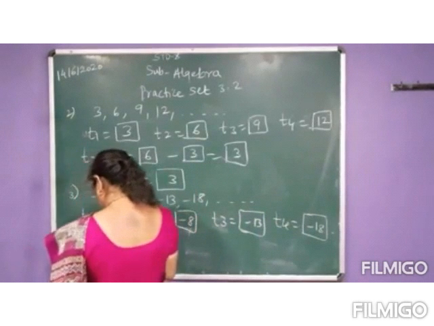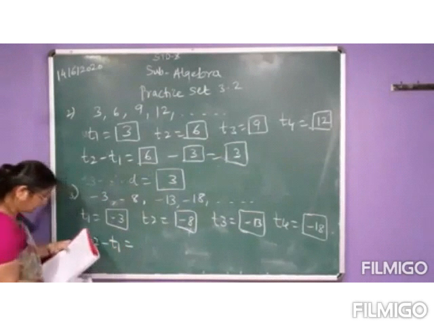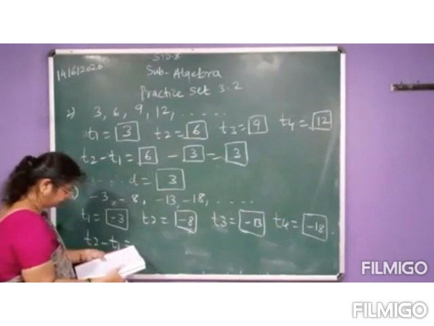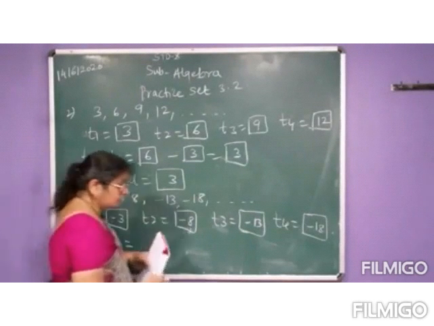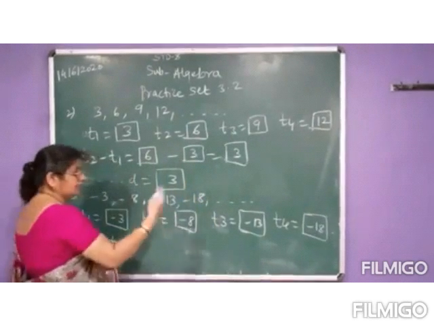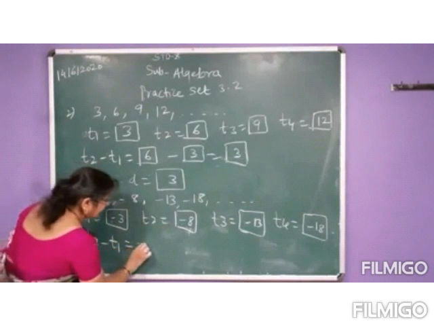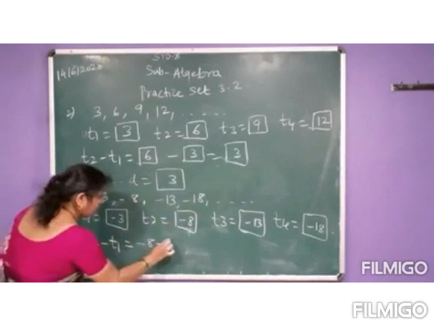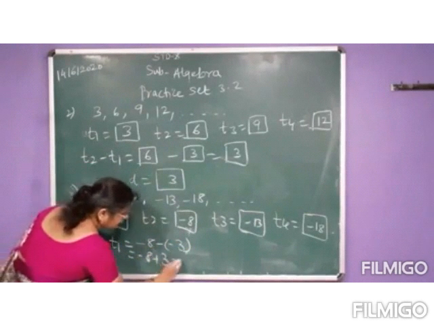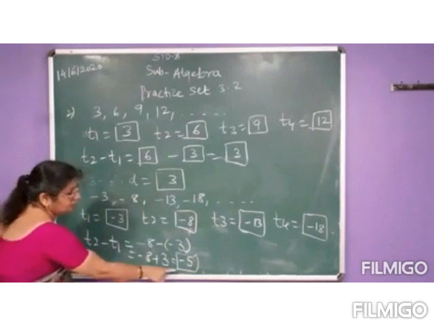What we have to find out is T2 minus T1. Now see here, directly they have asked the answer. Okay, so you can solve it. Now T2 minus T1, that means minus 8 minus of minus 3, correct? So minus 8 plus 3, what answer will you get? Minus 5. So T2 minus T1 is minus 5,